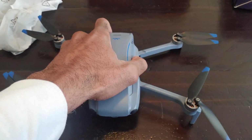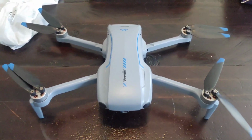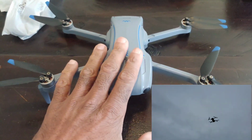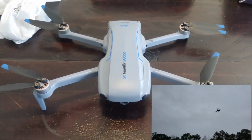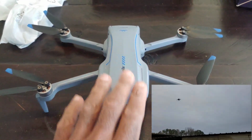Now, flying this drone was pretty good. Like I said, the weather wasn't the best in the world. And I kind of hesitated to fly it because it is recommended as a beginner drone, but it's kind of a high level beginner drone. On a scale of 1 to 5, 5 being the most sophisticated ones and 1 being the lowest, I would say this is about a 2 or 3 as far as flying the drone,